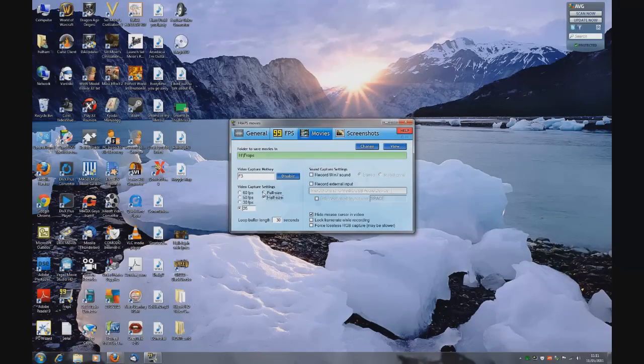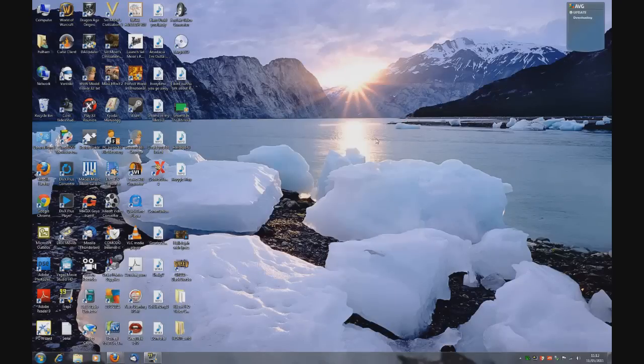I choose half size because it's a very big file, each recording, and you can choose where your sound source is from. That's grayed out because it's all going through that. You can change it to other things. You have to test it out, see if it records the sound. Minimize that,